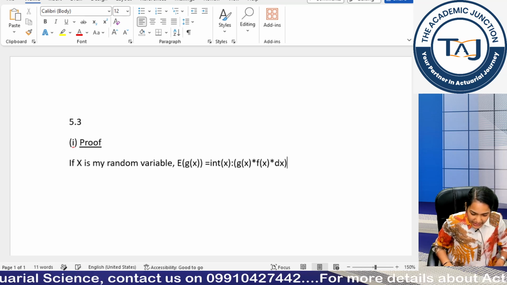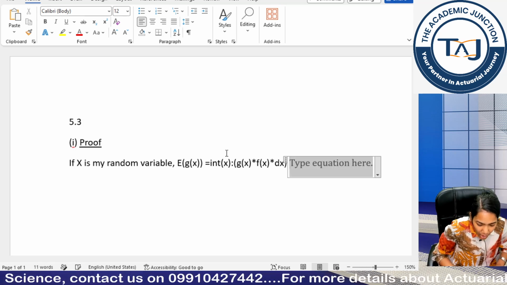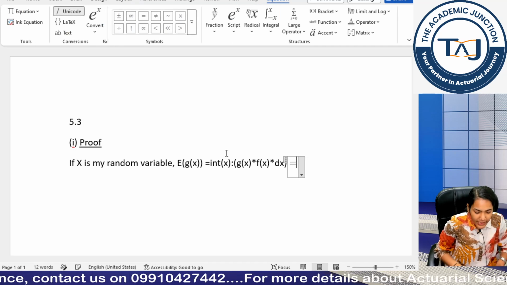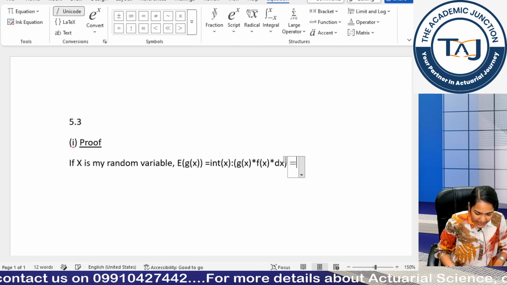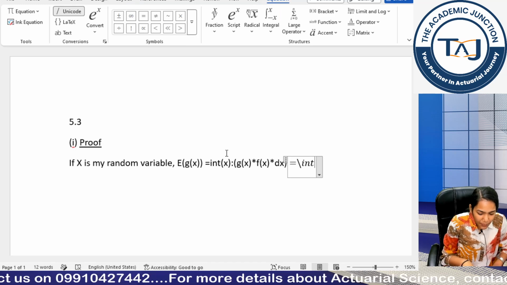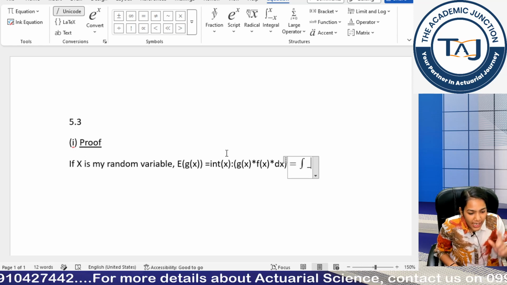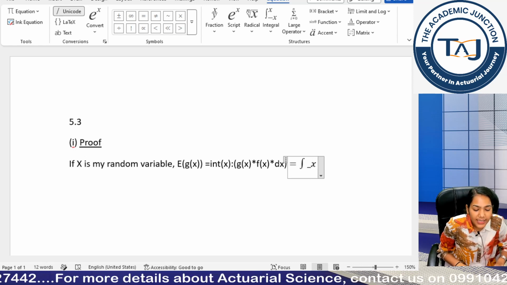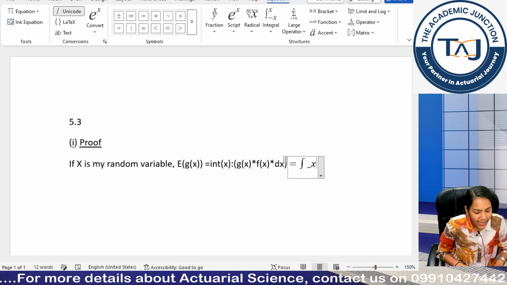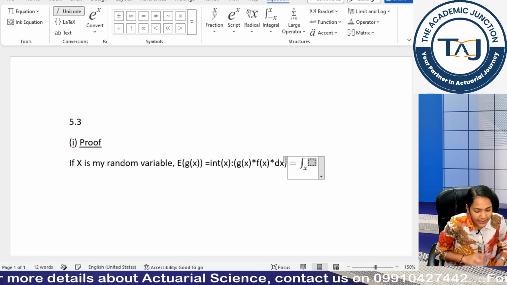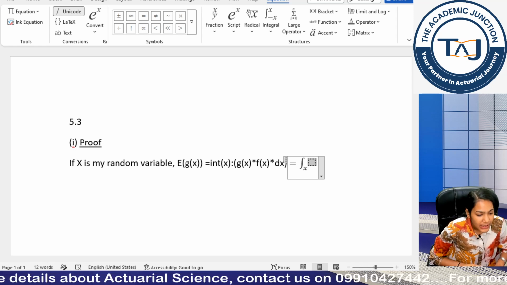If I write the same thing using the equation editor: Alt equals, then backslash int. Then to put in the lower limit I use Shift minus to get this underscore. So I have x, and since I do not have any upper limit, I would not use this sign. I simply press the space bar.